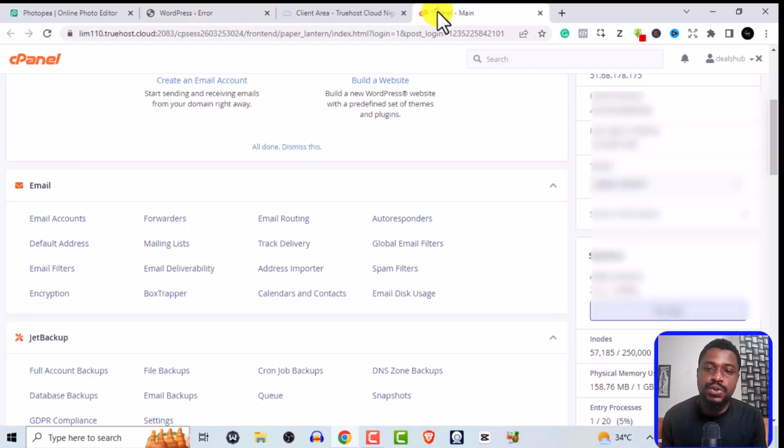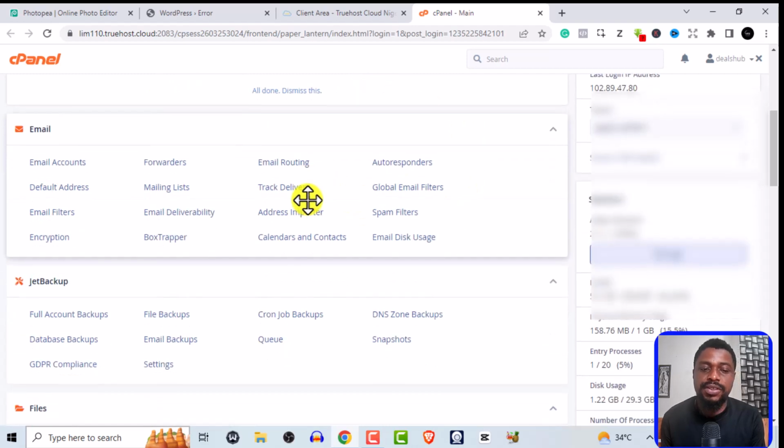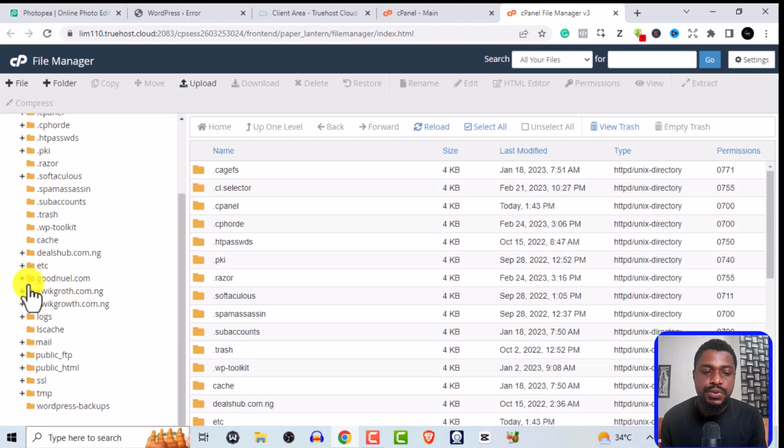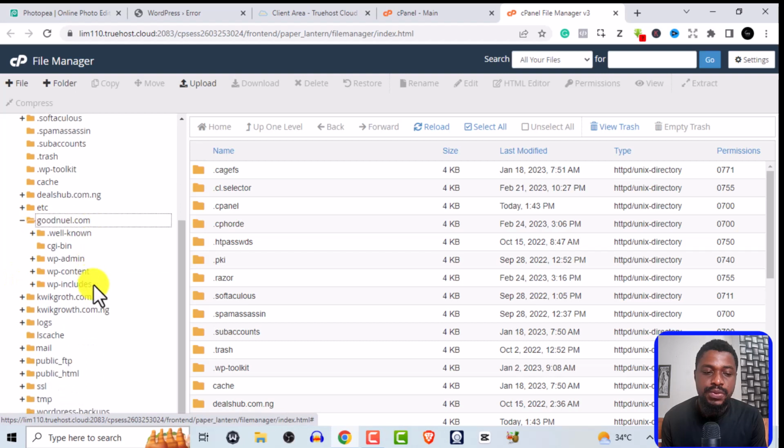First, you have to go to your cPanel and then you want to look for File Manager. So your cPanel might look different from mine, but you are basically looking for File Manager. So if you come to Files here, you find File Manager. So you open the File Manager, and from the File Manager you want to select the website. So this is the website I have, so I'm just going to open this one,